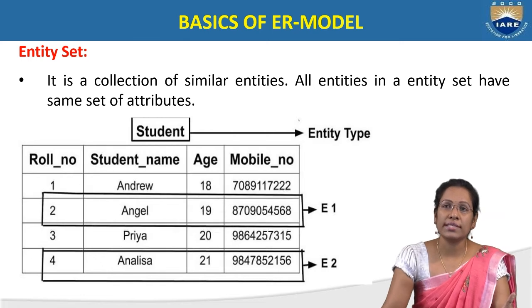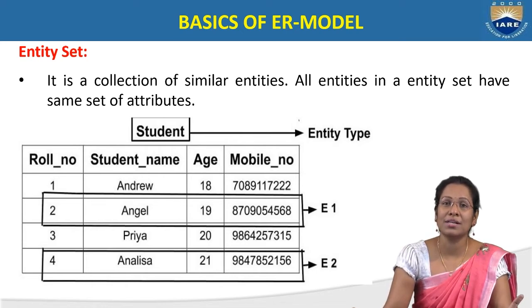So here we'll go with the example of what is entity set and what is entity type. Previously we discussed what is student, what is teacher. We discussed that those are nothing but entities. Now coming to the pictorial representation, it not only holds a single column, it not only holds a single row, it contains many rows in the table. All those rows in the table are called entities, and those come under a single type that is called entity type.